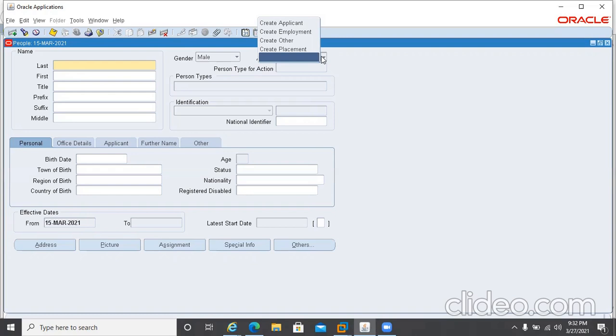Create applicant is linked with the applicant type. Create employment is linked with the employee type, and create other is the option for the contingent worker, because they are not employees. Okay, so create placement